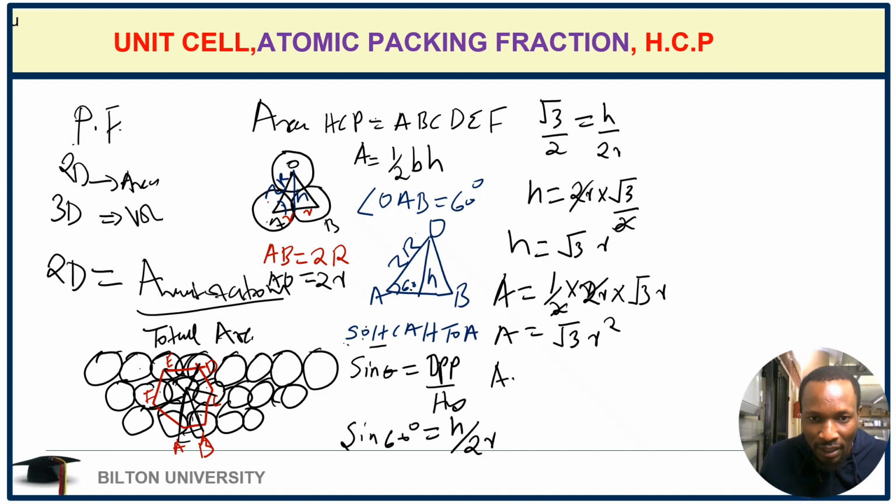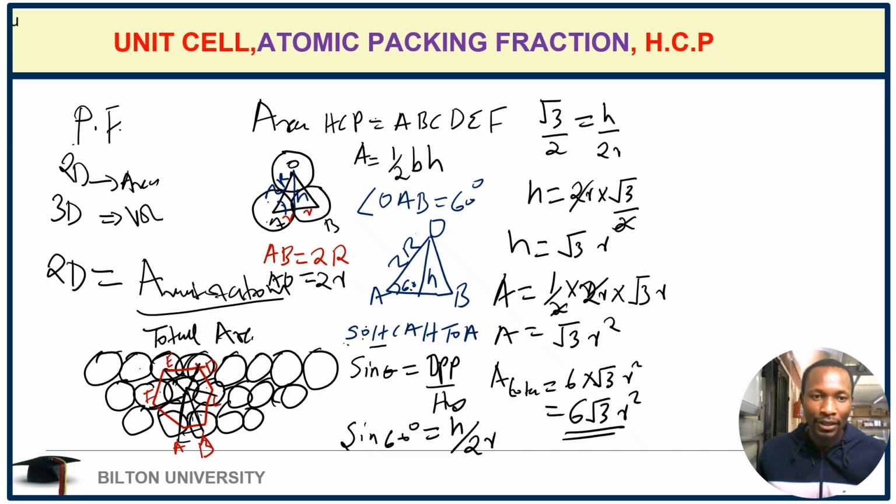is going to be 6 times root 3 R squared, and that's going to give us 6 root 3 R squared. So this is the total area in 2D of the HCP. Now let's proceed, because we did say that when we are referring to packing fraction in 2D, it is the area of the atom divided by the total area. Now an atom looks like a sphere, and the area of a sphere is given by